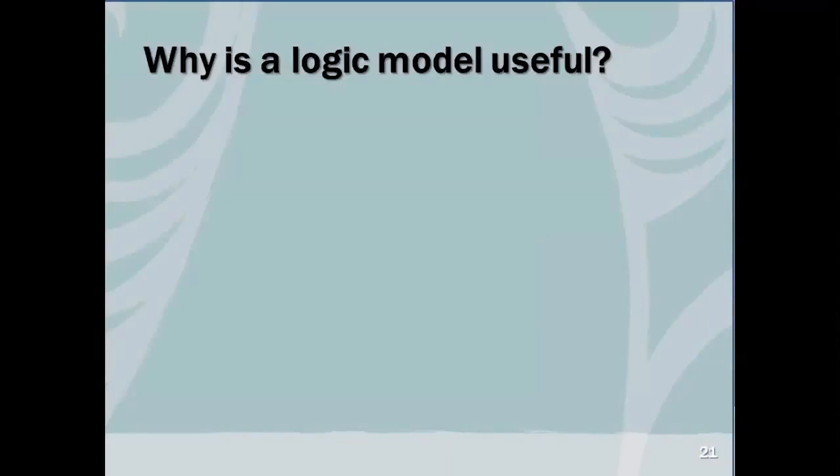And so we've given you what the components are, and we wanted you to know some tips and tricks of why logic models might be useful, and some things you might want to avoid as you're creating them, and some things that we tried to build into the application that we developed to allow you to avoid those pitfalls. So some reasons why a logic model might be useful,